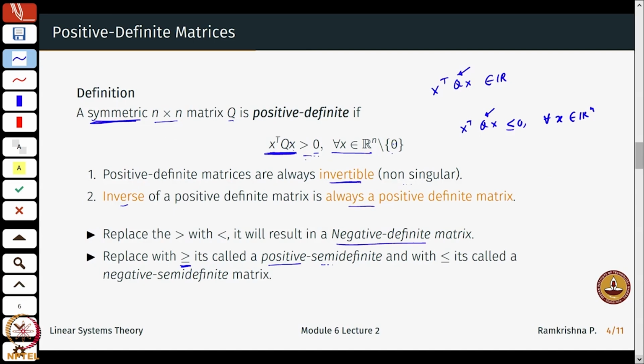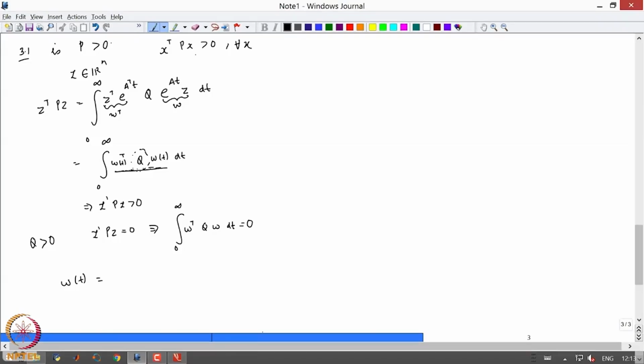So, when x equal to 0 it is obviously equal to 0, okay, which means that this should be 0, that is e power A t times z is equal to 0, and I know because A is an exponentially stable matrix that this guy will not be 0. So, the only option left is z equal to 0, okay, and therefore, we have proven that P is not only symmetric, but is also positive definite,